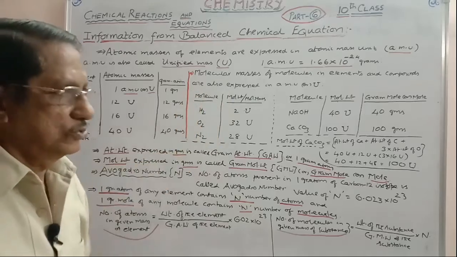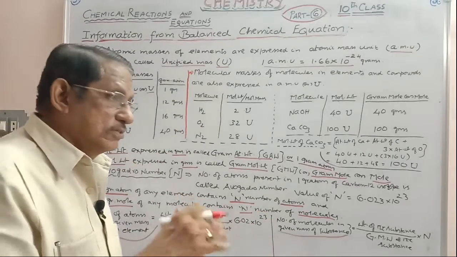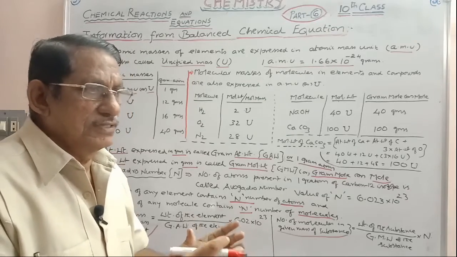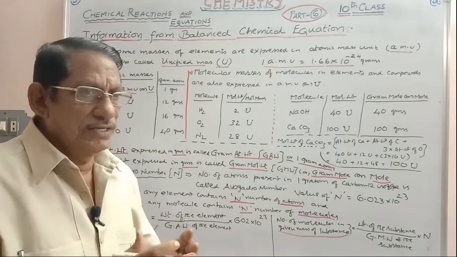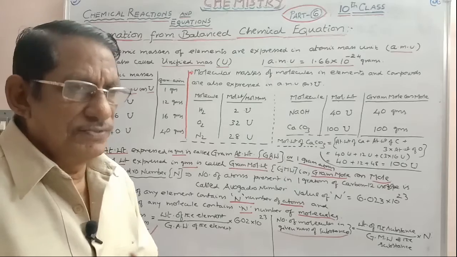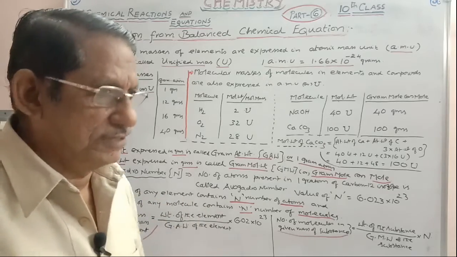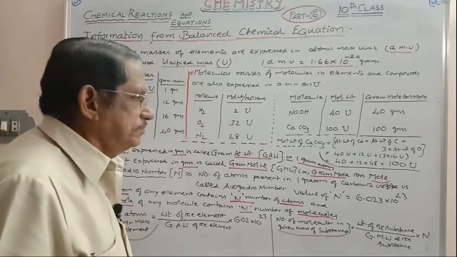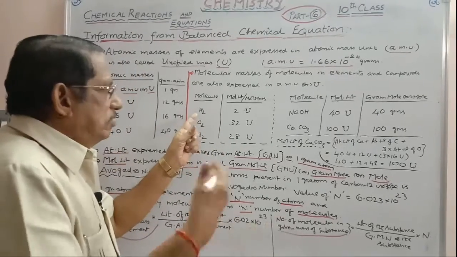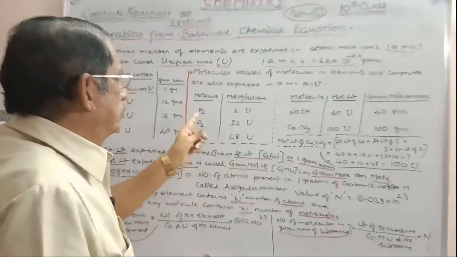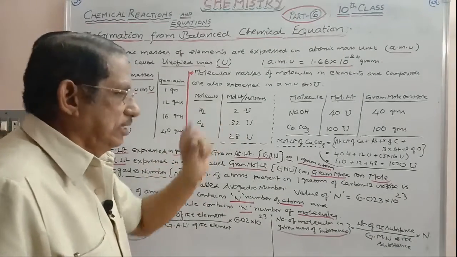Similarly, if you take molecules, molecules are present in the elements, and molecules are certainly present in all compounds. Certain elements, when they are existing in the gaseous state, are in the molecular state. Every molecule is made up of 2 atoms, and so these are diatomic in nature. So I am taking a molecule like hydrogen. How is the molecular weight obtained? Sum of the addition of the atomic weights: 2 into 1 AMU, this is equal to 2 AMU.